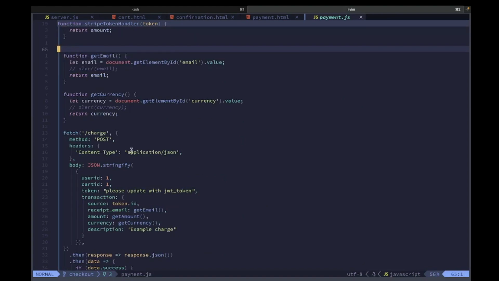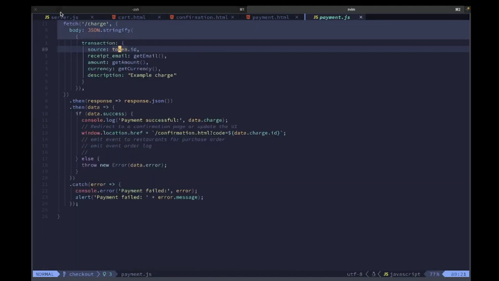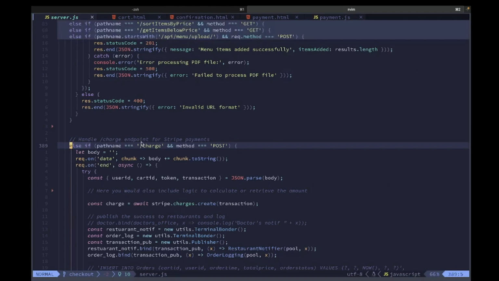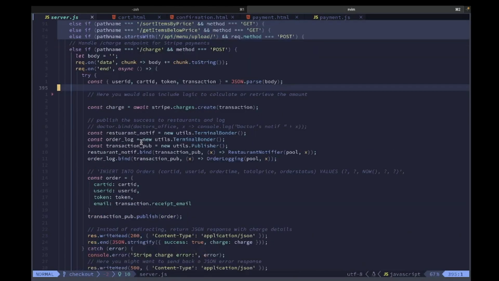Now, once this information is passed to the back end, this will be charged to the person's credit card, and then afterwards, using the